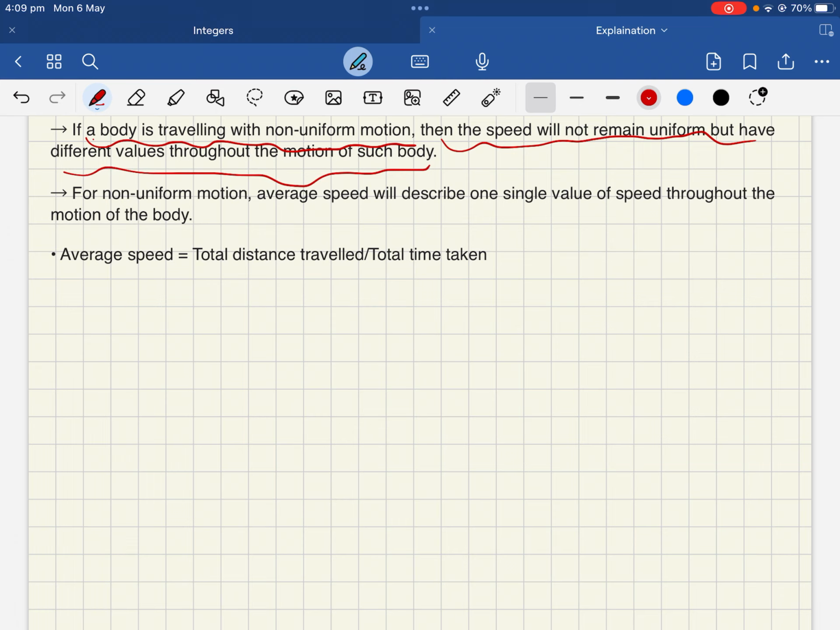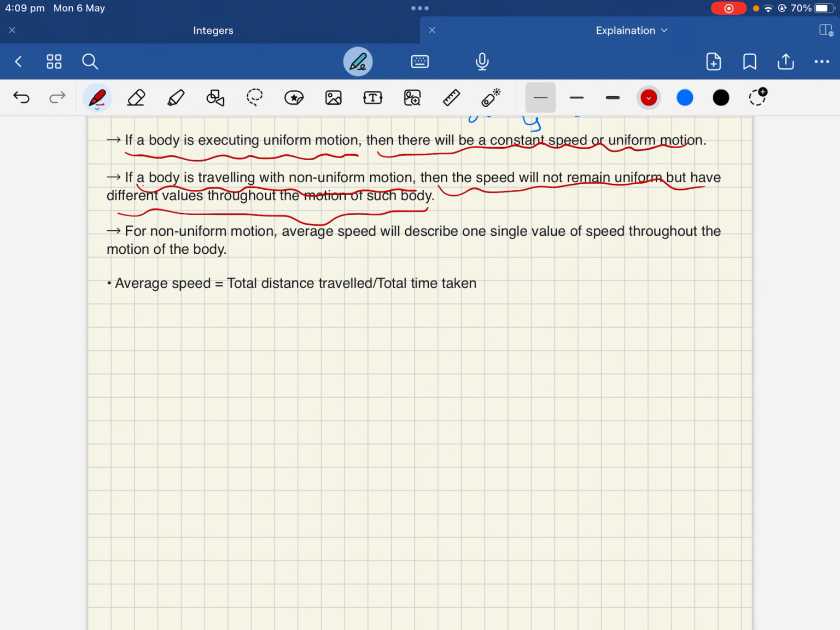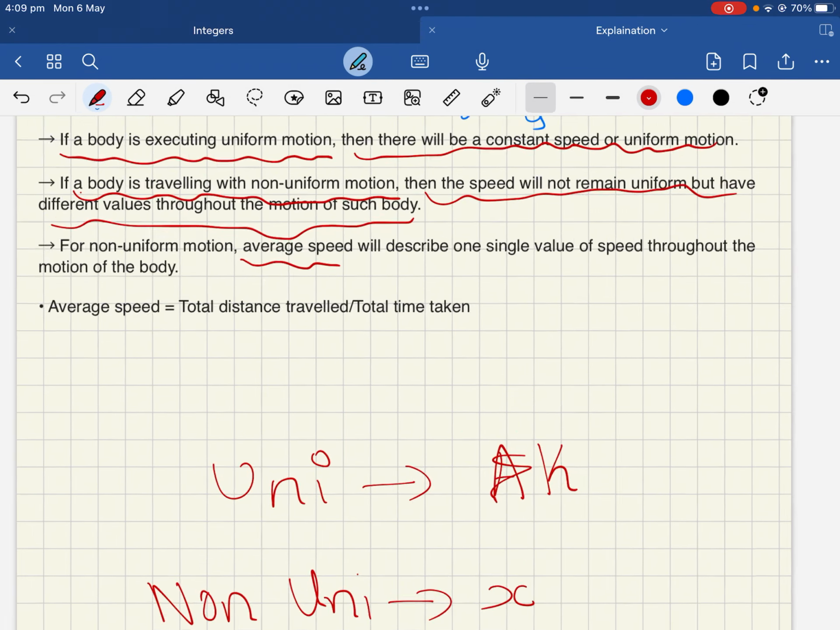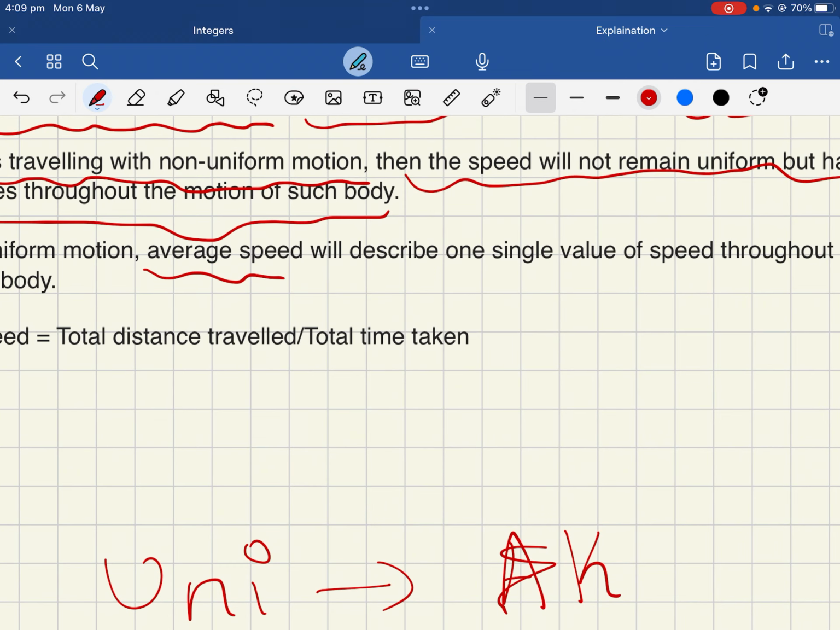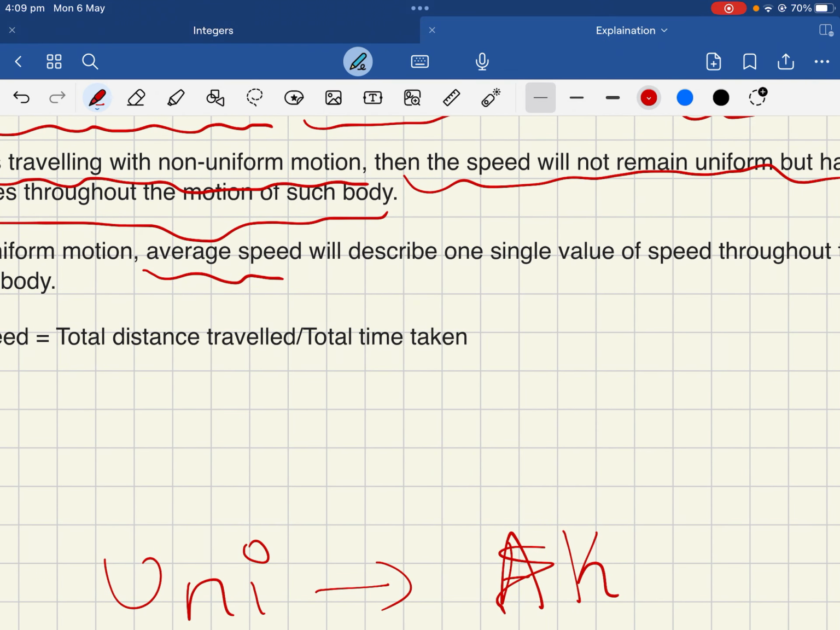Don't mug it up. We have just learnt about uniform and non-uniform motion. In uniform motion, speed is constant, but in non-uniform motion, the speed is varying. For non-uniform motion, average speed will be described by one single value. For example, we have